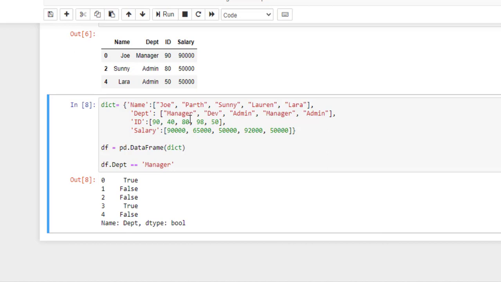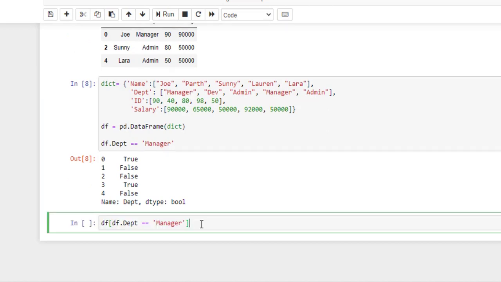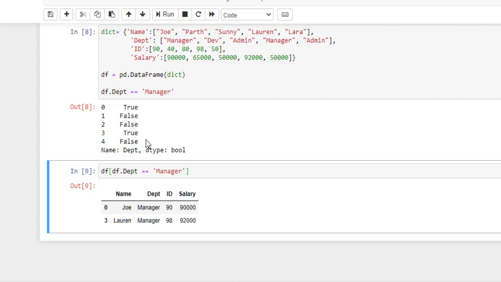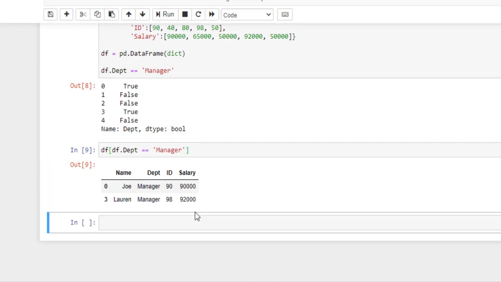Now based on department, we can also select all the other columns' data or even the complete data frame. Let's run this given condition. So as you can see, it's the complete data frame containing manager as department. Like this, we can also use multiple conditions to filter the data. Suppose we want data of employees whose department is manager but the salary is greater than 90k.